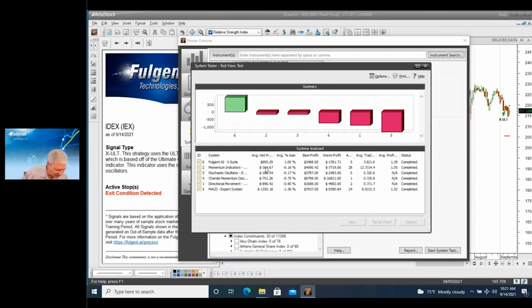It generated an average net profit of $1,000, average gain 1%, which is in line with the historical statistics, and best profit of 3,500. The worst loss is the best worst loss of all of those. So there you go. We test these things against existing stuff out there, and this is what happens because we've been doing this for 30 years. We kind of know what's going on out there with this stuff. So that's why it's so